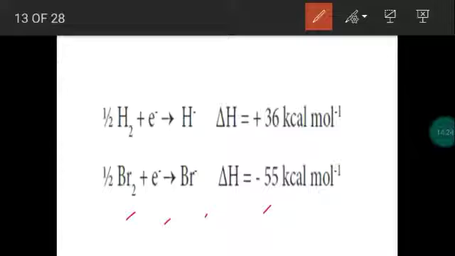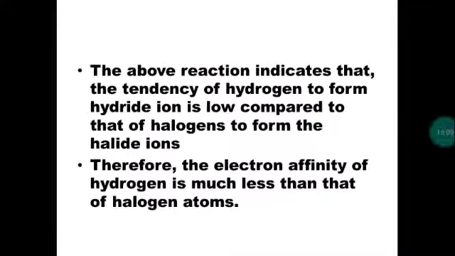But consider hydrogen. Hydrogen can also accept an electron to form the hydride ion, H minus. The energy change is plus 36, which represents an endothermic process. It absorbs energy. We have to give more energy, right? Placing one more electron in hydrogen is not an easy process. We have to give energy to place one electron in hydrogen. So when hydrogen accepts an electron, it absorbs 36 kilocalorie per mole of energy. So this is an endothermic process. This information gives an idea.